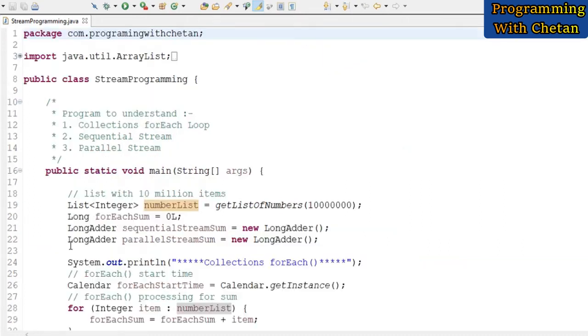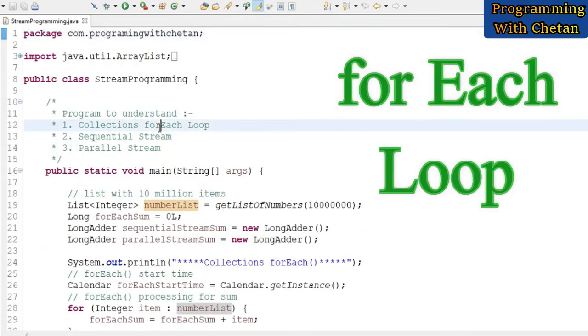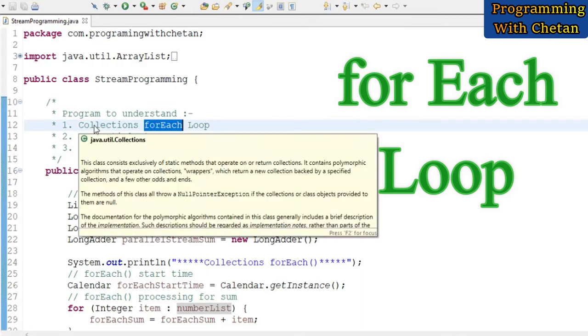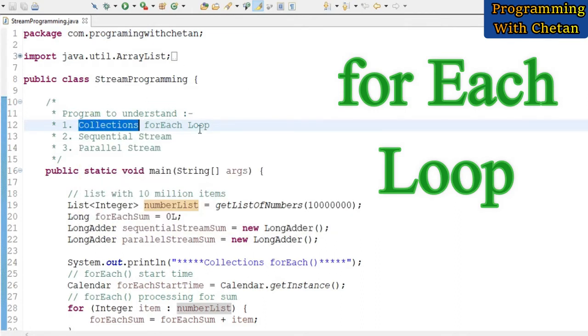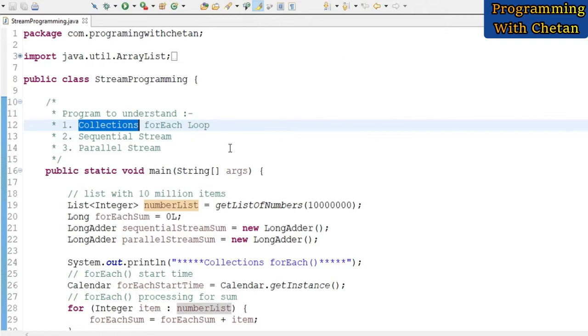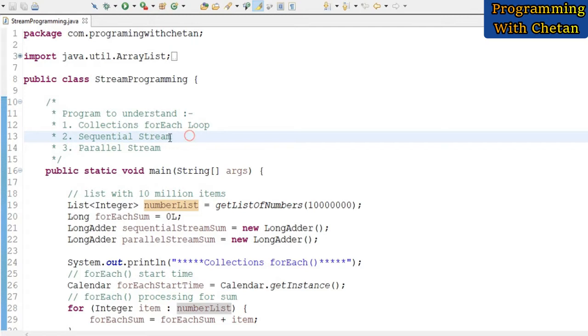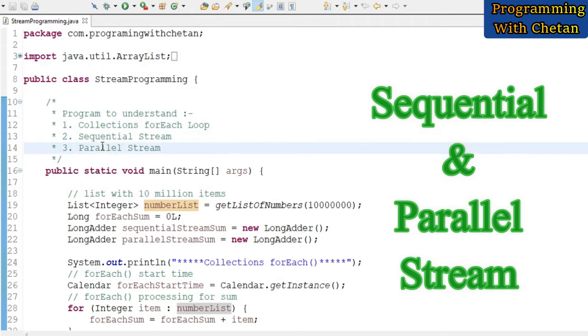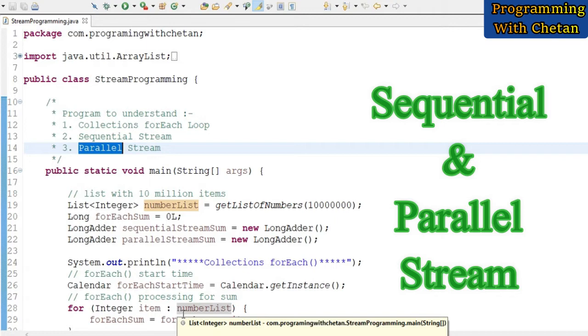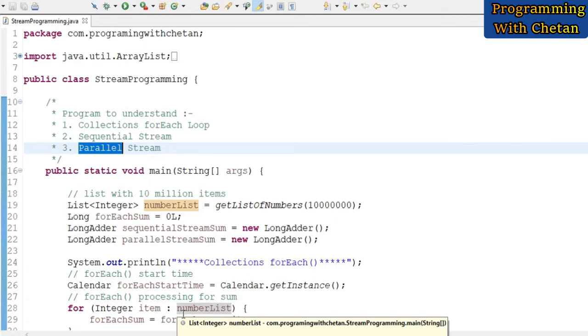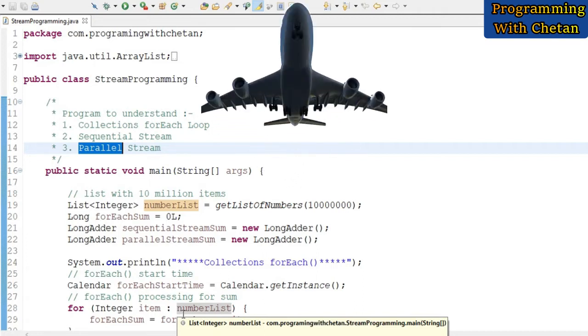The first and foremost is the for-each loop, which is available for collections, and the other method is using streams. Under streams we will discuss two methods: first a sequential stream and second a parallel stream. By the end of this video you will have a clear understanding of which method you should use to iterate through a list to improve the performance of your application.